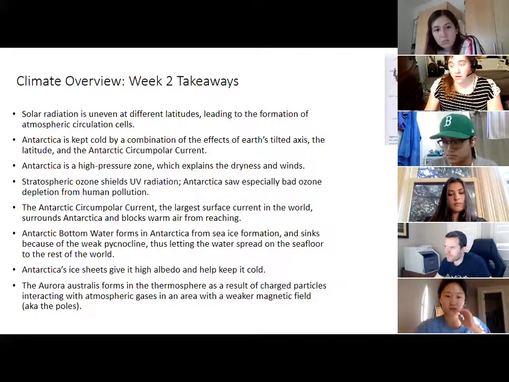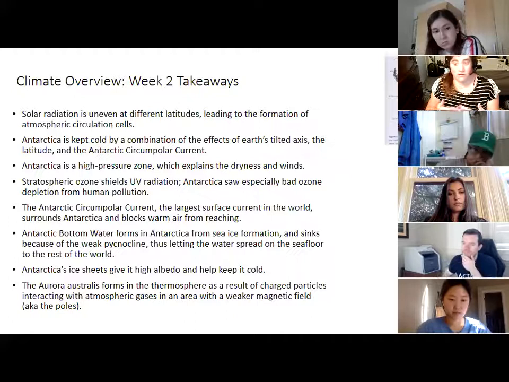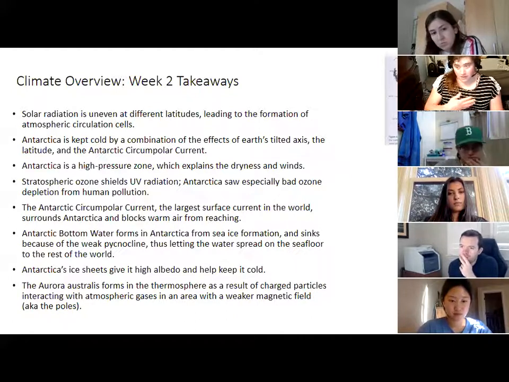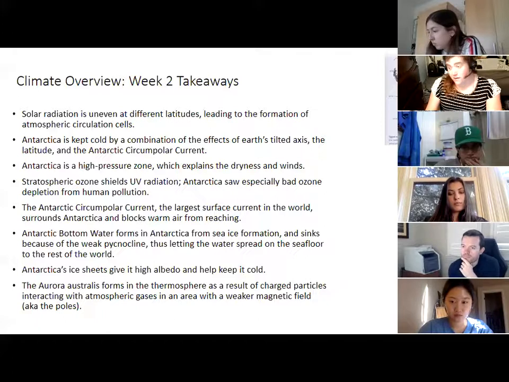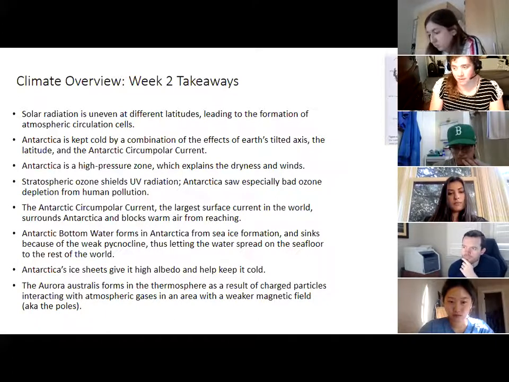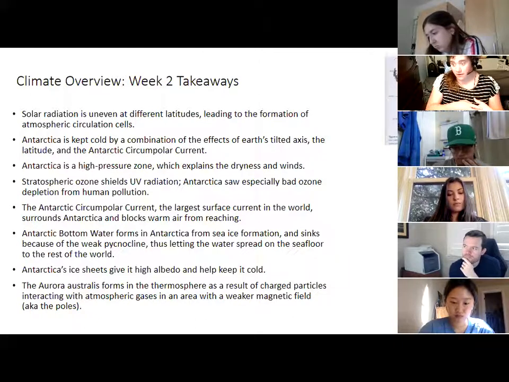The only one I really want you to know about is Antarctic bottom water, because it's sort of interesting how it forms from sea ice formation, making the water especially salty, that salty water being able to sink down because the density barrier that normally makes it hard for surface and deep water to mix is much less pronounced in Antarctica.